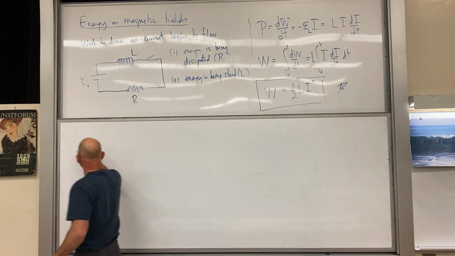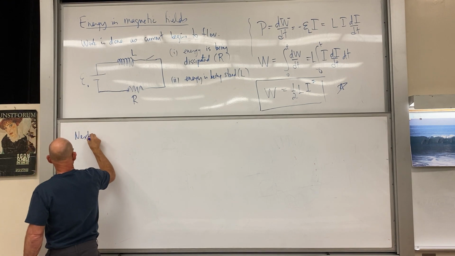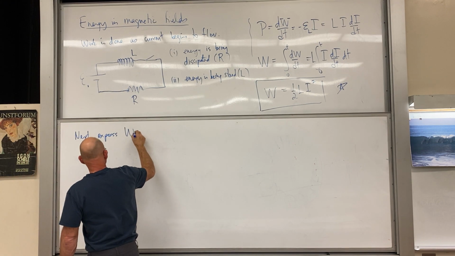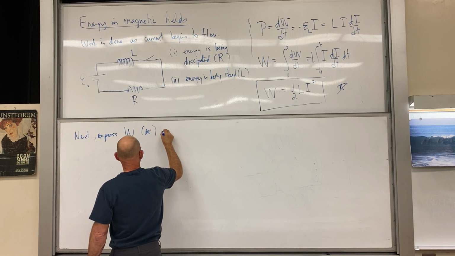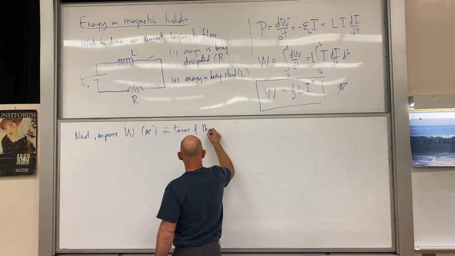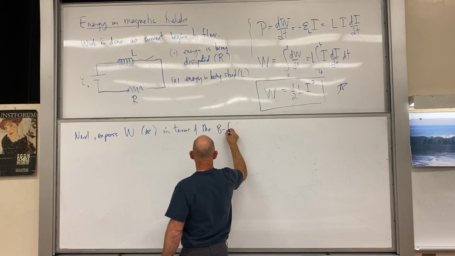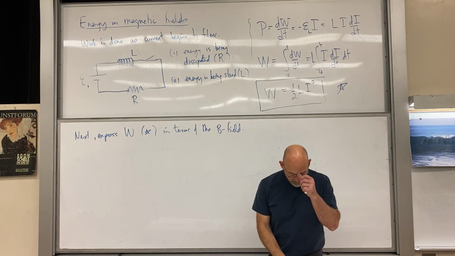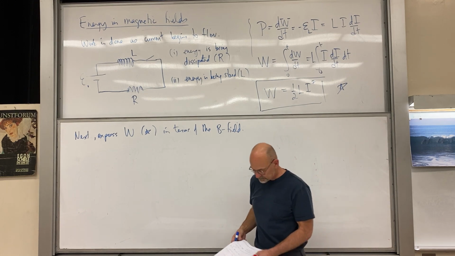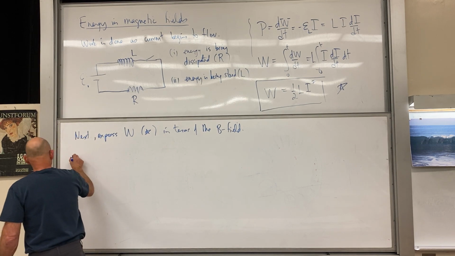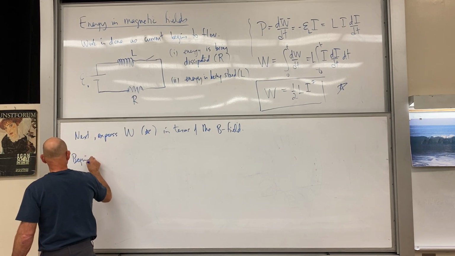So next, W, right, star. Terms of the B field. So let's see. We'll begin with